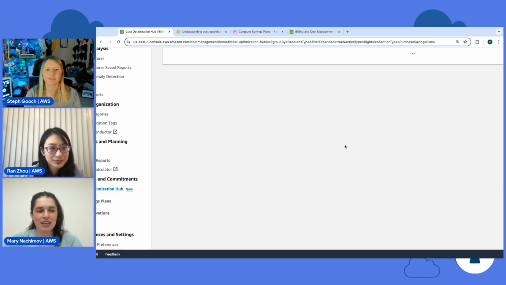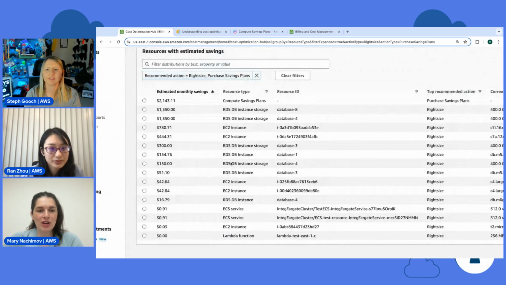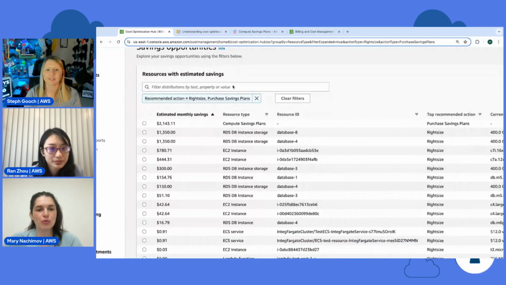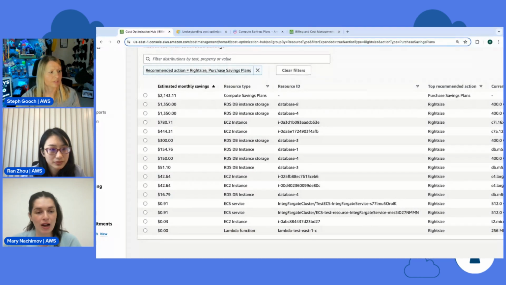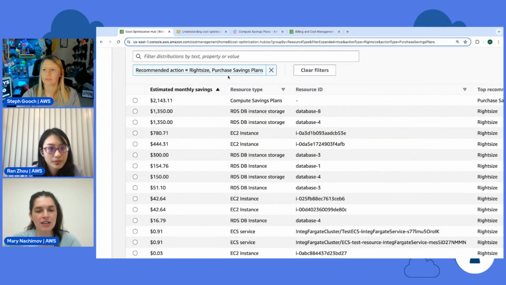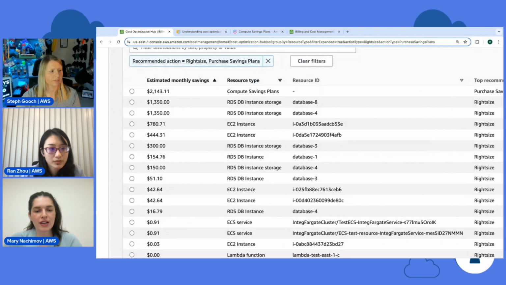Yeah, of course. In this case, I filtered, so the opportunities will be filtered. Whatever you see in the donut would be the achievable savings. Once you click into the opportunities, it will show you all the recommendations that you filtered by. In this case, I only selected right sizing and purchasing savings plans. So the cool thing here is now I can pick and choose, right?